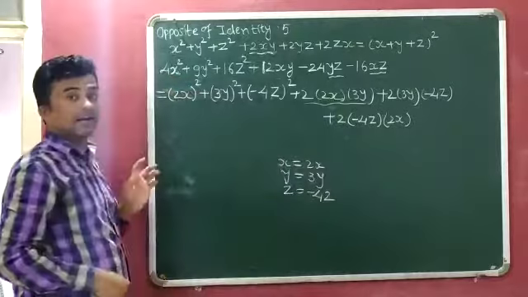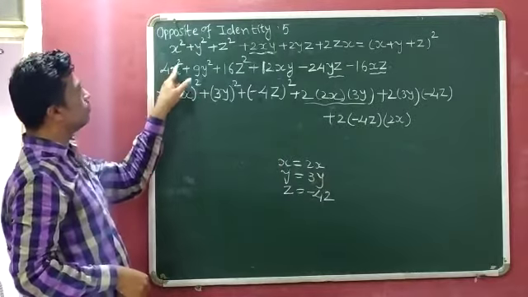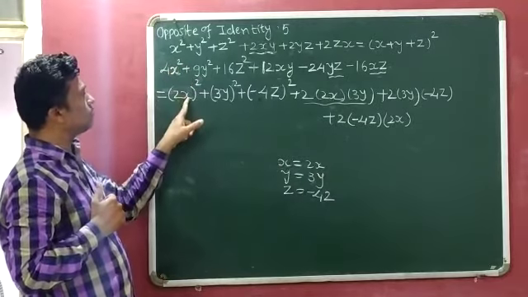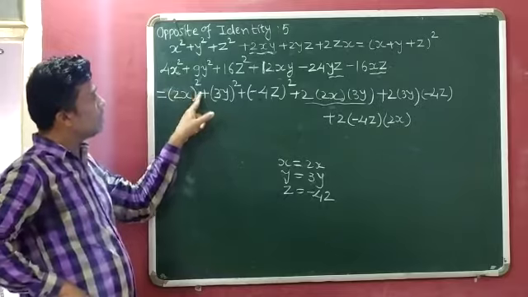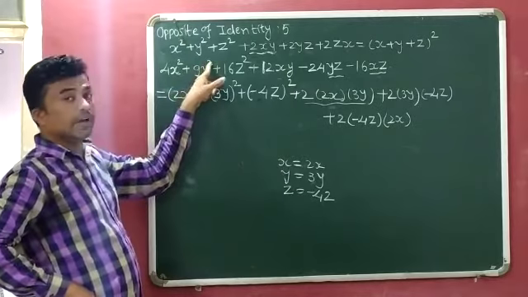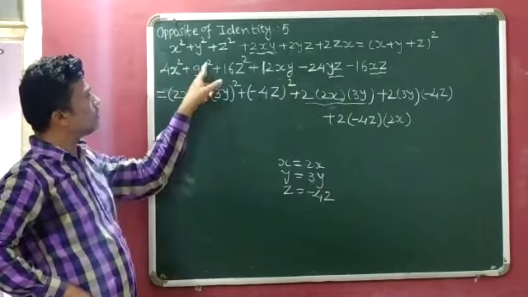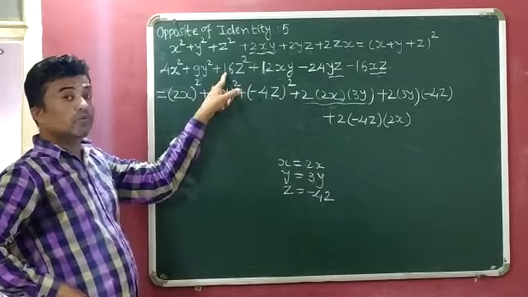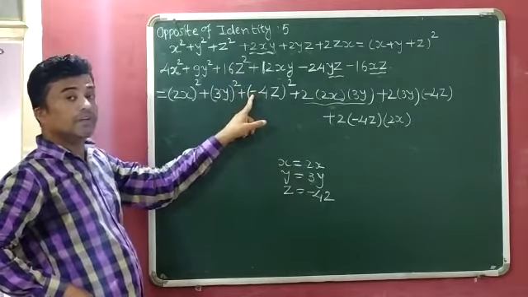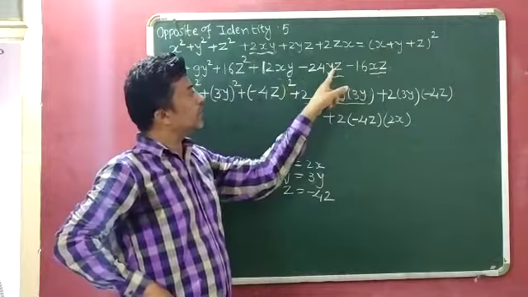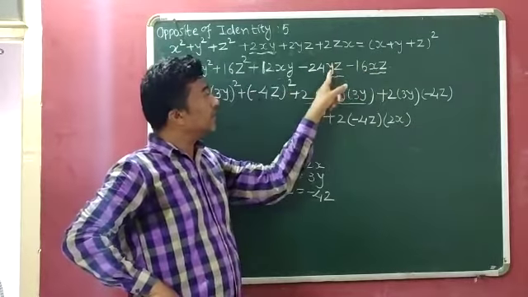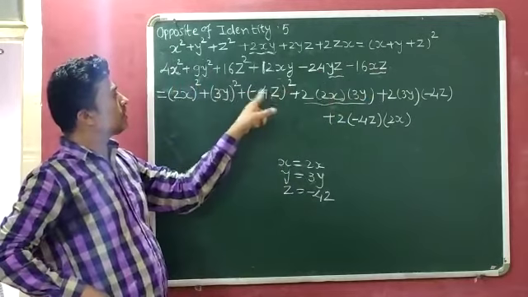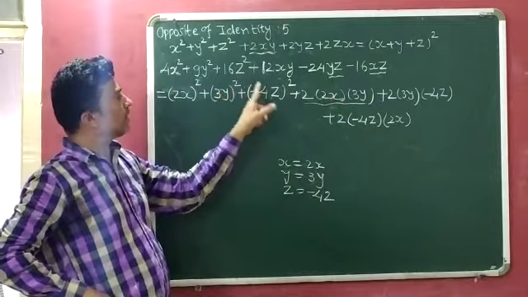Now this arrangement again I am explaining to you. Now see, square of the 4x square. So square of the 4 is 2. So 2. Square of x square is what? X, and z square. Plus then plus. Square root of 9y square. So square root of 9 is 3. Square root of y square is y and its square. Square root of 16 z square. Square root of 16 is 4. But here we written minus 4 because negative sign is available with yz and xz. In yz and xz, z is common. So negative sign we can write with z. So 16 square root minus 4 and this z.